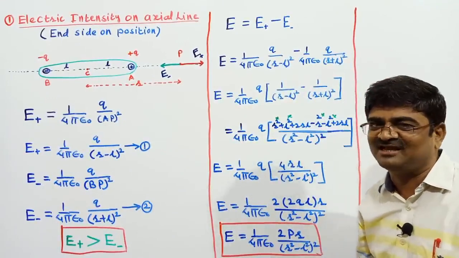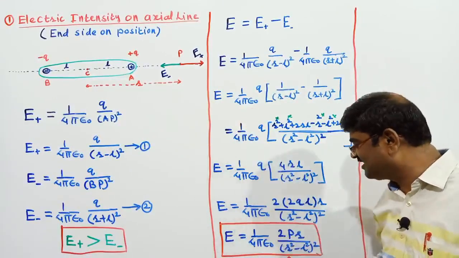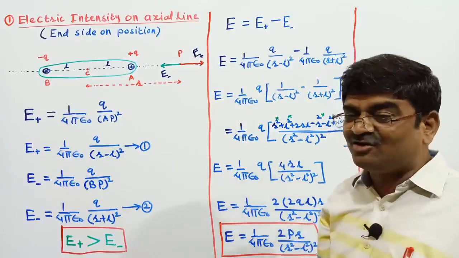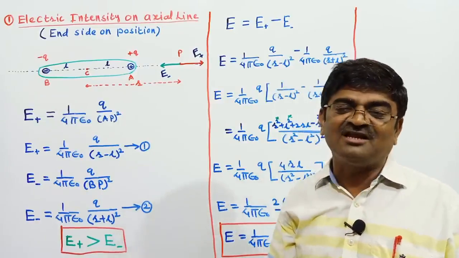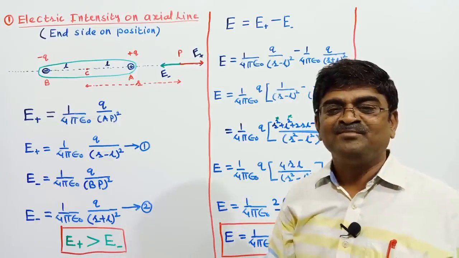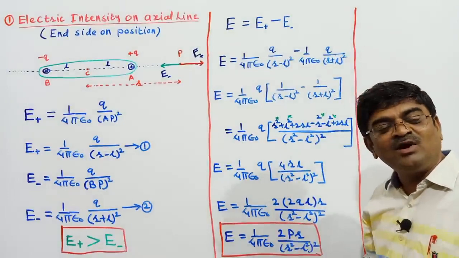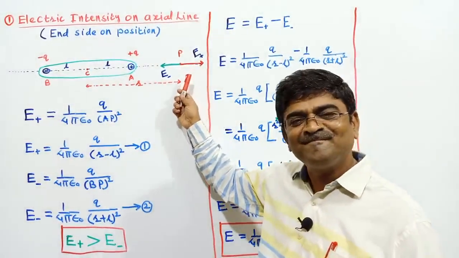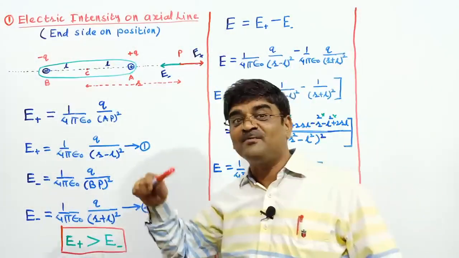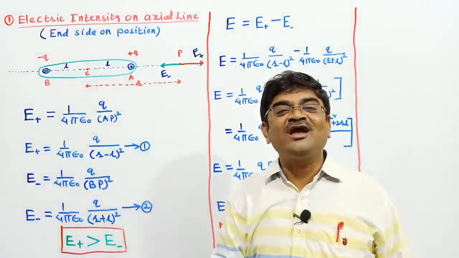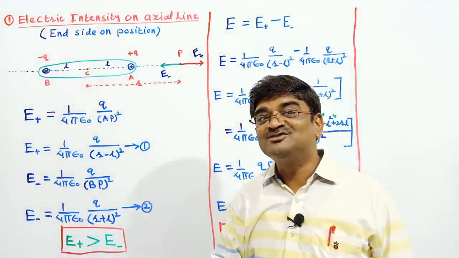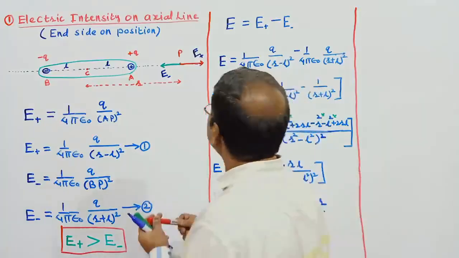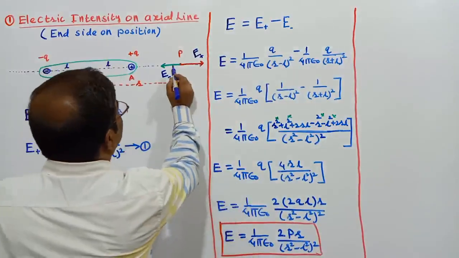So this is my general expression. I can say magnitude of electric intensity I can get given by this relation. But mentioning only the magnitude of any vector is not a complete description. Again I would repeat my statement. This is just magnitude. What about direction? I have mentioned that this is greater. And when you subtract smaller vector from the greater, the result you get is always in the direction of greater magnitude vector.